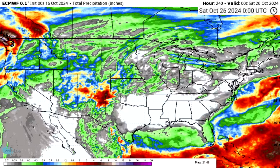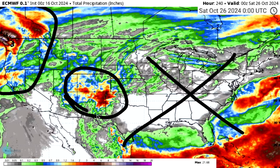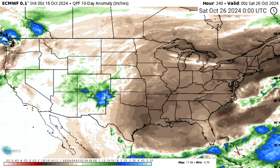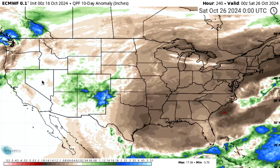Total precipitation here. As we take a look, just a couple of areas to note. We see overall much drier conditions in the east. The northwest is seeing some pretty active conditions, and also for nearby the Four Corner states. So let's look at the anomalies, and it really reflects that. I mean, pretty much nothing in the east. Four Corner states and surrounding Rocky states, we are seeing some above average precipitation, and also for some of the west here. So a more active pattern in the west, a little bit quieter here in the east